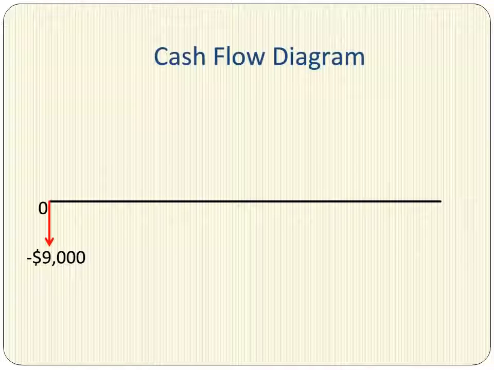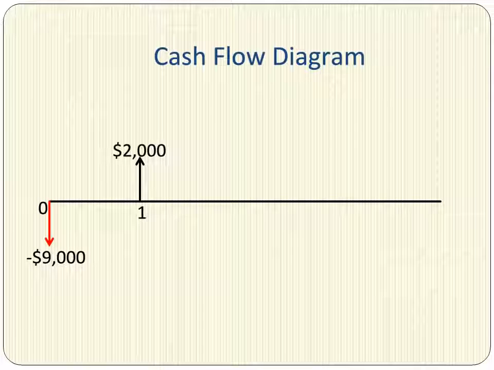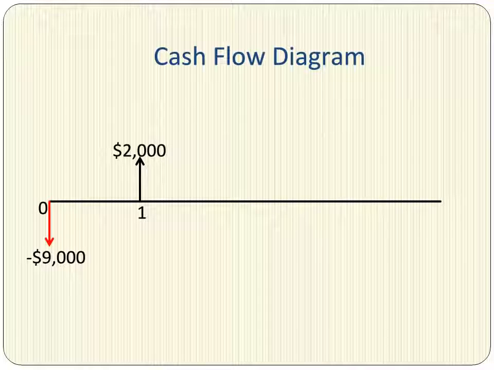Here we have the initial investment of $9,000 occurring at t equals 0 or today. Since this is a cash outflow, we show it below the timeline and with a negative sign. At t equals 1 or a year from now, we have the cash inflow of $2,000 shown above the timeline